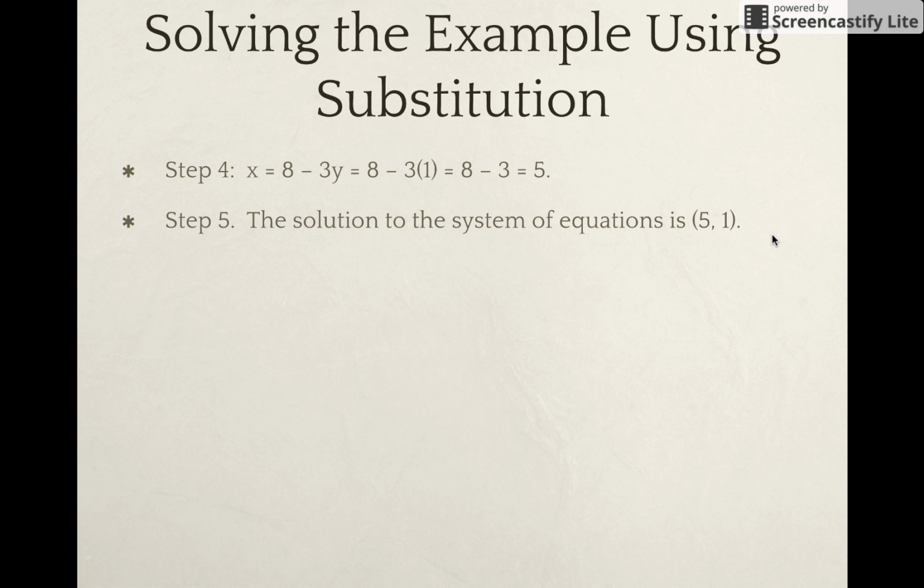If we were to graph these two equations, we